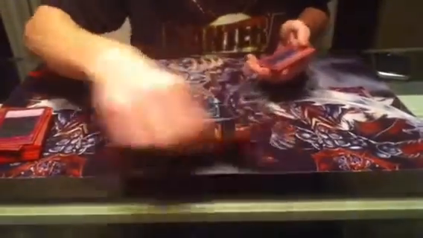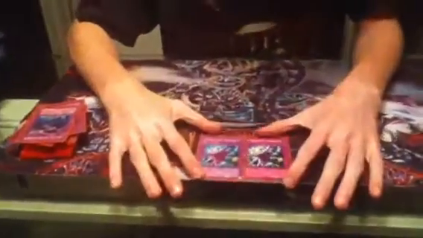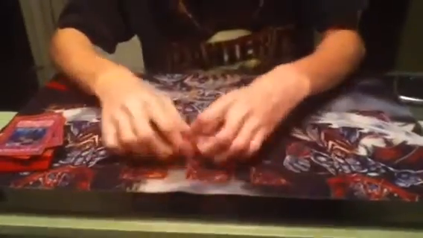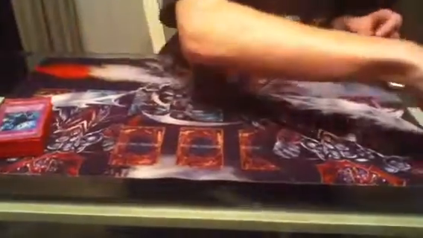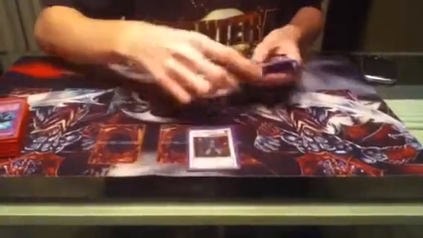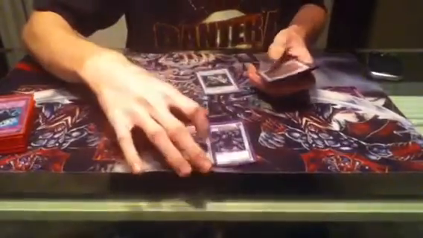Then I have Mirror Force, Call, and I tech in 2 Deep Prisons because there's a lot of Stardusts and Shooting Stars right now, and you need to get rid of them. Then onto extra deck, I have Catastor, Bryo, Goyo, Black Rose, 2 Scrap Archfiends, since Chimera can only go 4 Scrap Monsters, 1 Stardust, 1 Colossal,